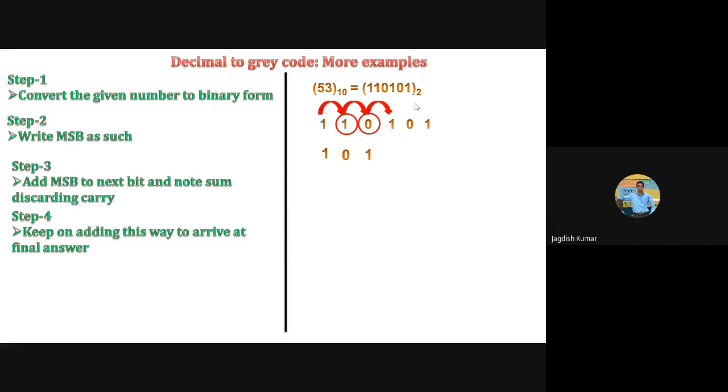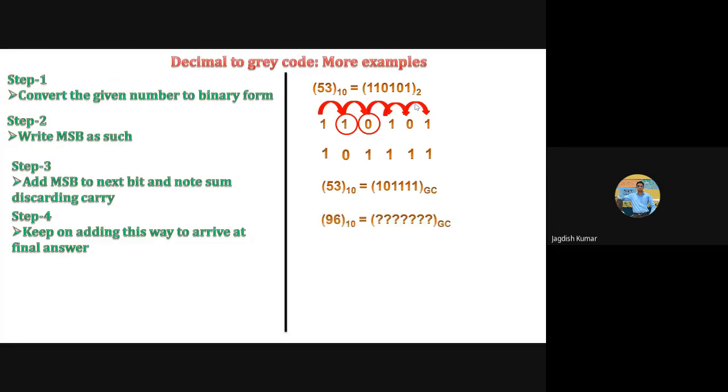Then again this bit to the next one. So 0 plus 1 is 1 once again. Then add this bit to this bit, which is nothing but 1 once again. And you have to add this, which gives you 1 further. So we can say that 53 to the base 10, meaning decimal 53, is equal to 101111 in gray code form. I hope you understood this well.